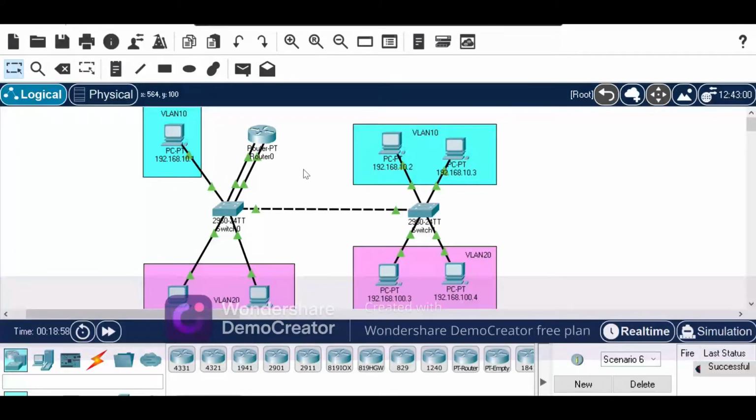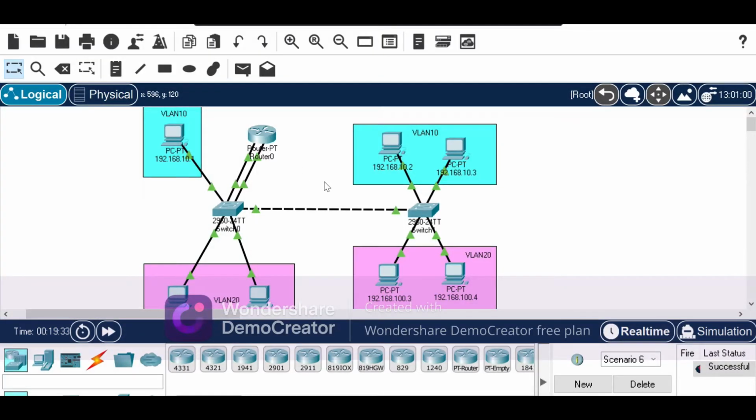Today I shall be demonstrating network virtualization with multiple switches. In this diagram we have two switches, switch 0 and switch 1. It's a multi-switch design where I shall be designing a tunnel to send a broadcast message across the same VLAN connected across different switches. Next, I shall also discuss sending data from one VLAN to another VLAN.